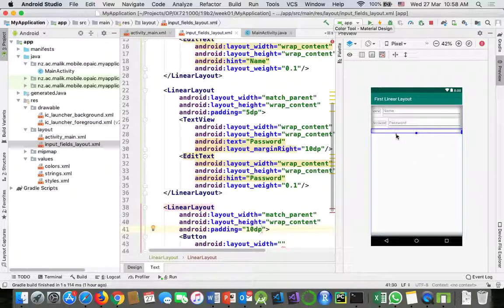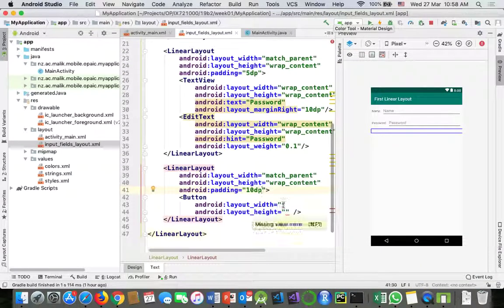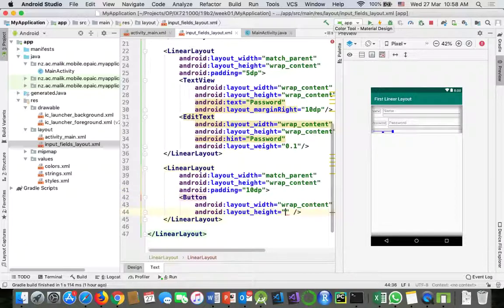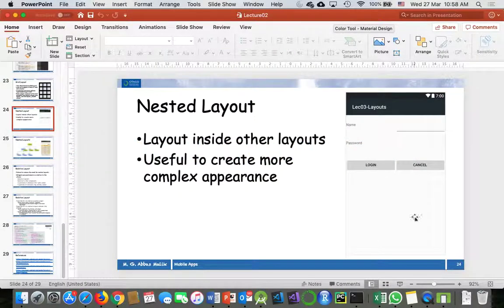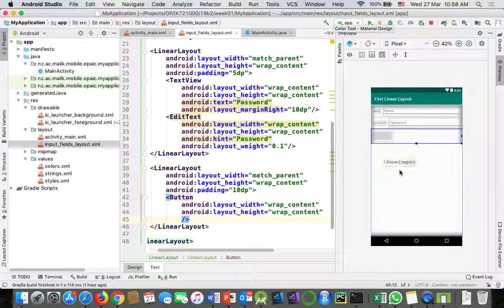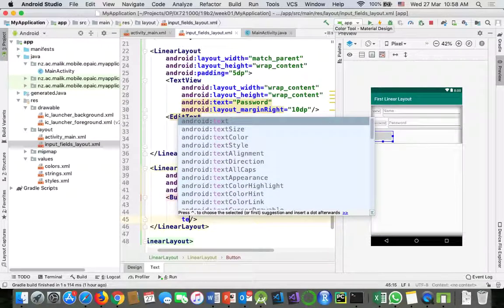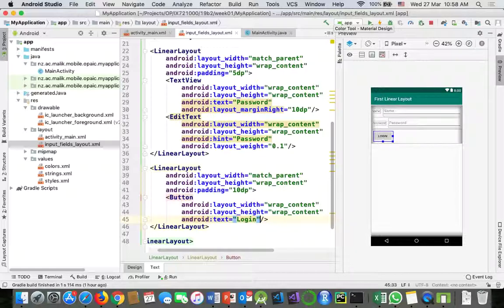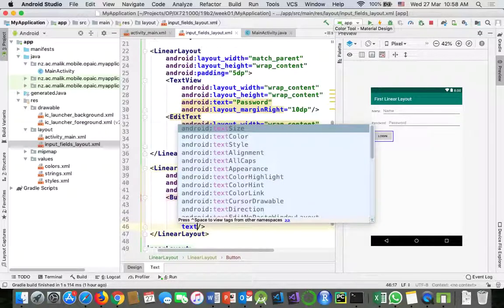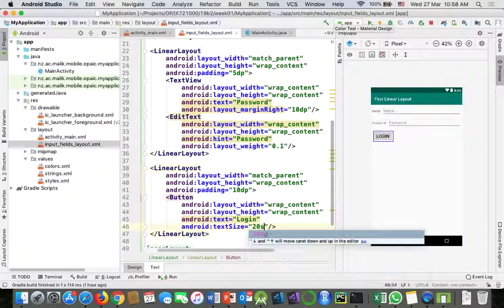So it will leave some space in between those, and then here I say wrap content, and if we look at those buttons, we have login and cancel. So we can put the first button text is equal to login, and maybe you can say that it is not very much visible. We can change the text size here, text size 20 sp,